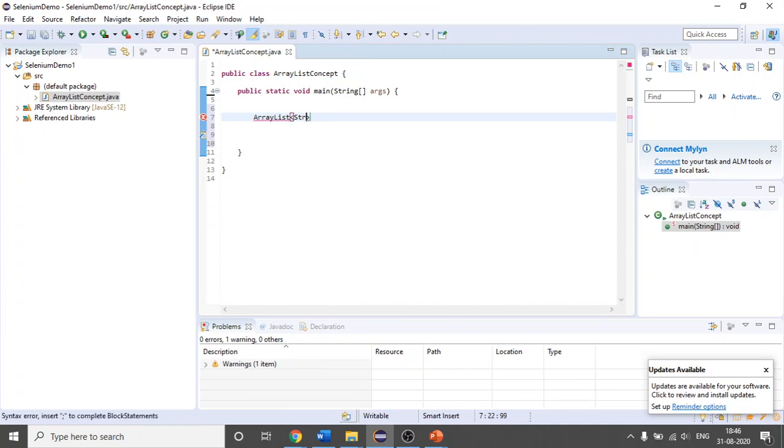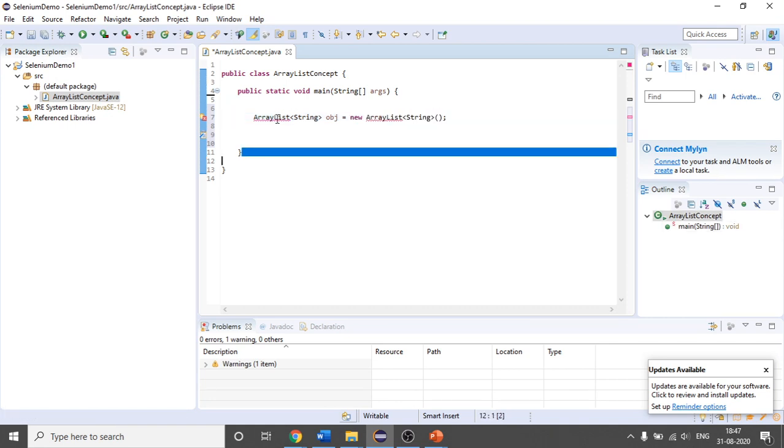I will tell you why I am writing a string here. As of now, you can see obj equals new ArrayList. You can write a string here. After that you can put braces. Okay, this is the way we have to create an object. This is the new keyword, and with the help of the new keyword, an object of ArrayList is created.